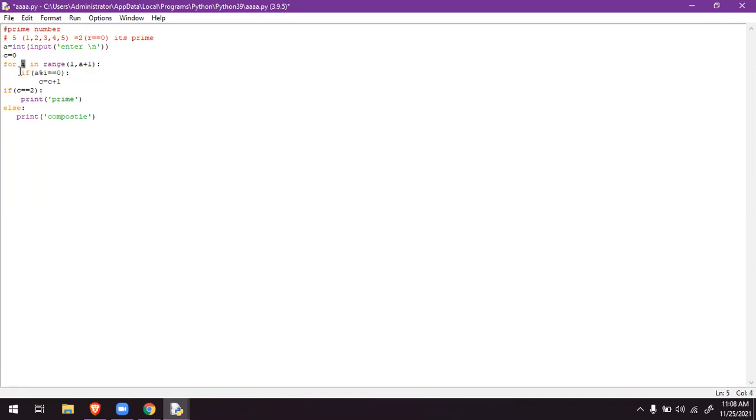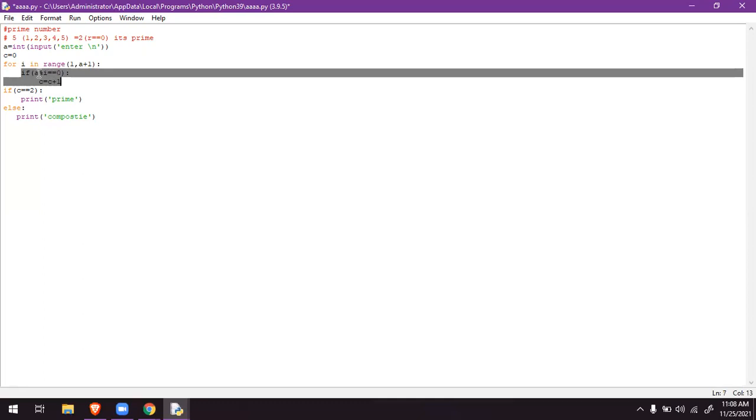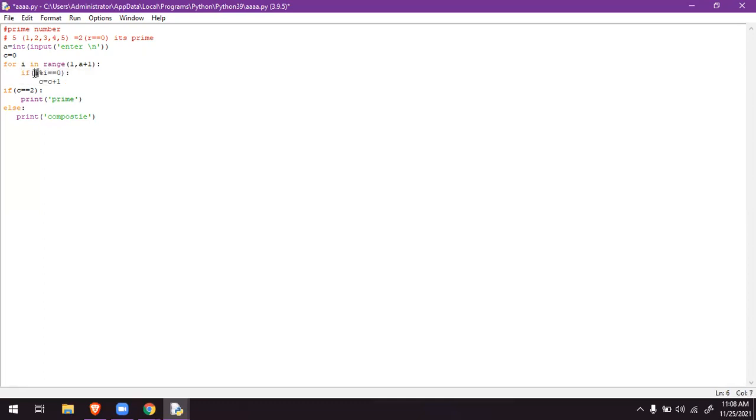In the first if condition, the number the user entered is divided continuously, and it checks whether we are getting remainder 0 or not. If any division gives 0, then it makes a count up.